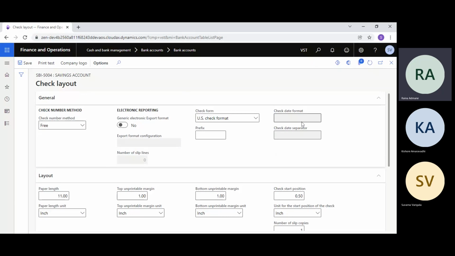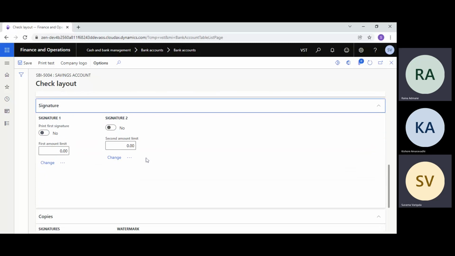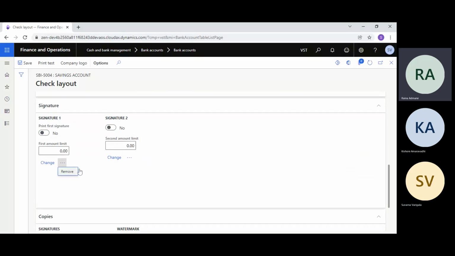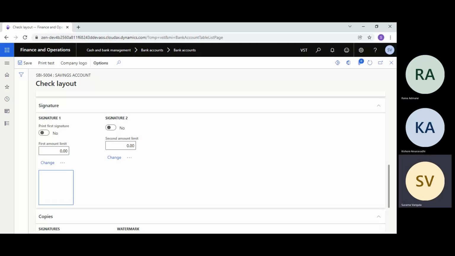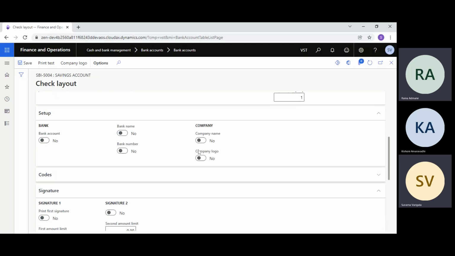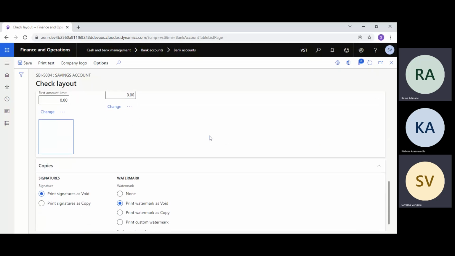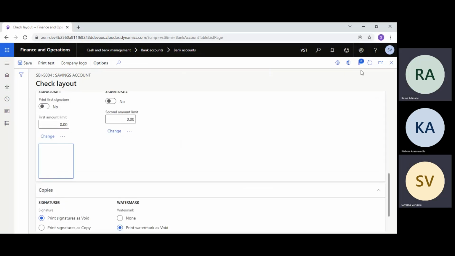So this is the setup, and then at the last we have a signature option also. If you have an e-signature, you can assign two signatures here and attach that signature, and it will be printed on your checks automatically. Whenever we have a digitized signature, a digital signature, you can attach that. Now, this is the basic thing. After that, we will create the checks. I think in that, instead of free, just make it fixed.